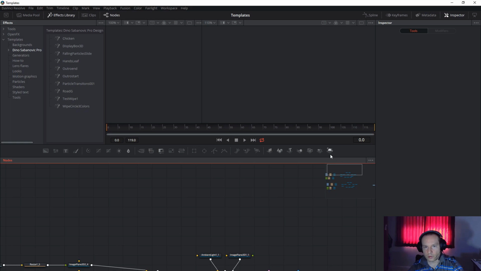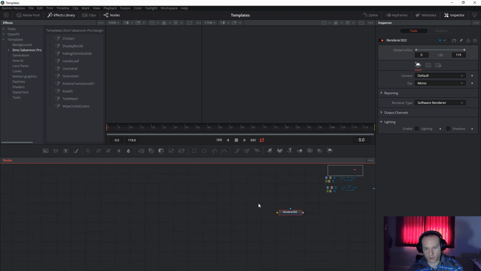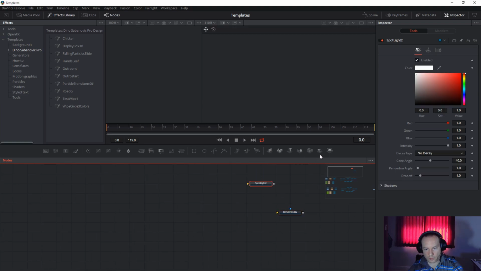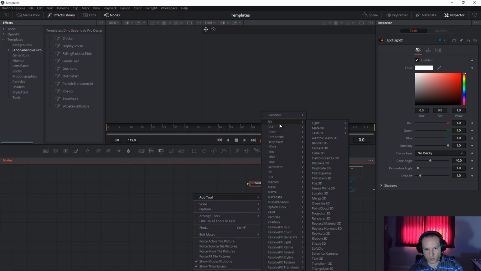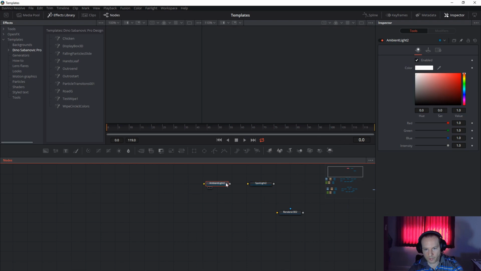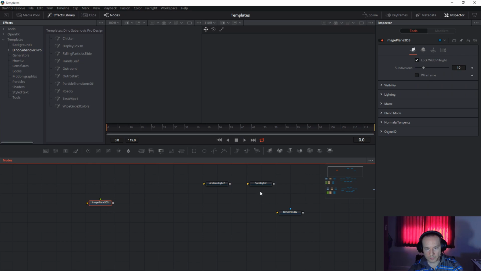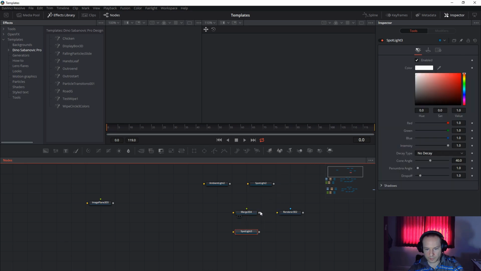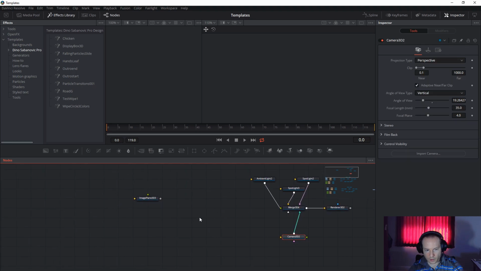If you want to make it a little bit larger, if you want to change something, you can drag the renderer, drag the spotlight, go to tools, 3D, light, ambient light, take the image plane, take the merge node, take the camera node, connect to the renderer, connect spotlight and ambient light like this, take the spotlight, another spotlight if you want, take the camera,